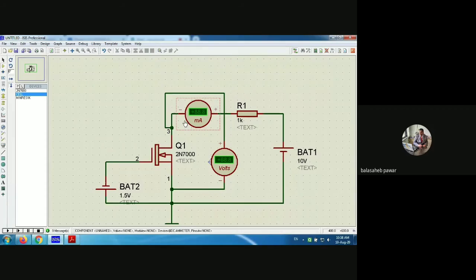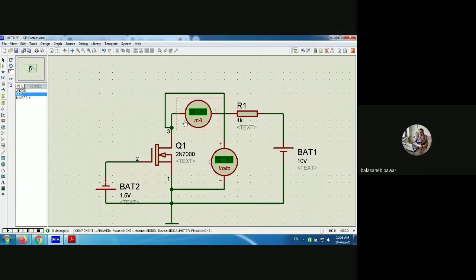What will keep input constant? Voltage. Yes, very nice. Why not current? Because for the FET family, input current always remains 0. Now, by keeping input voltage constant for the FET family, right? And that's why FET is known as a voltage control device. Input voltage controls the output current.